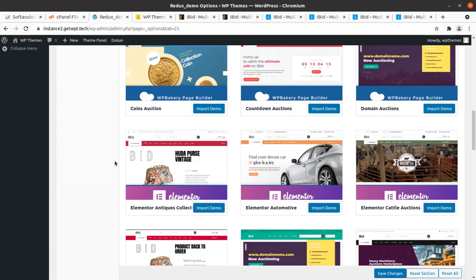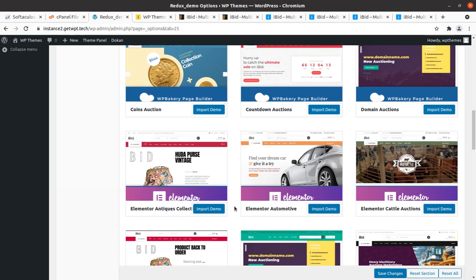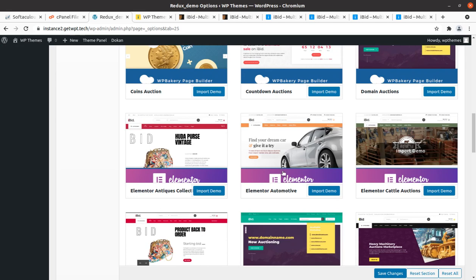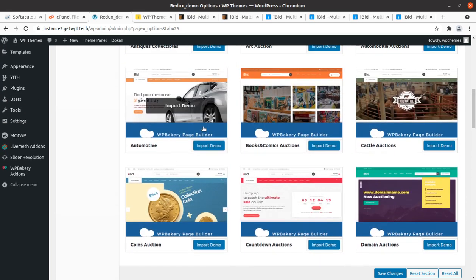These are the demo options available for import, and since we are using Elementor, we can choose only the Elementor options. If you choose any option that is not available in Elementor, you need to install the WP Bakery page builder. That is also available in the theme pack, as you have seen in the last stage.